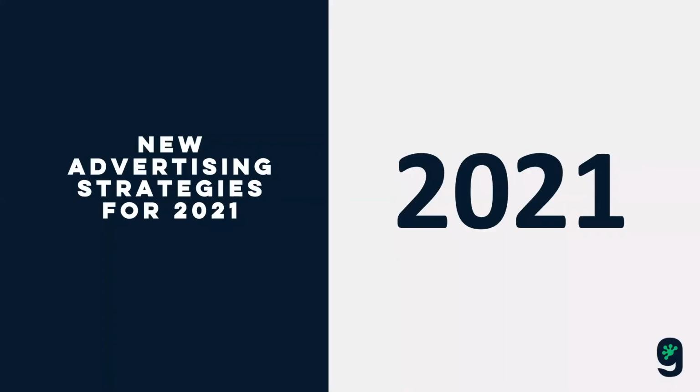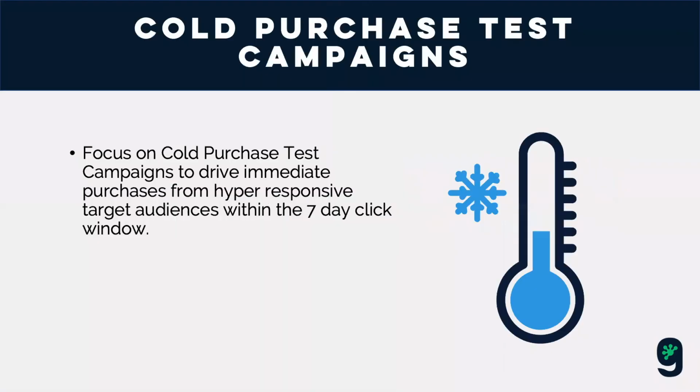Okay, so now let's move on to new advertising strategies for 2021. We've covered what the changes are. We've covered how to analyze to roughly see the forecast of what your attribution data loss is going to be like. Now let's dive into how we can really improve advertising based on adjusting our strategies because of these changes.